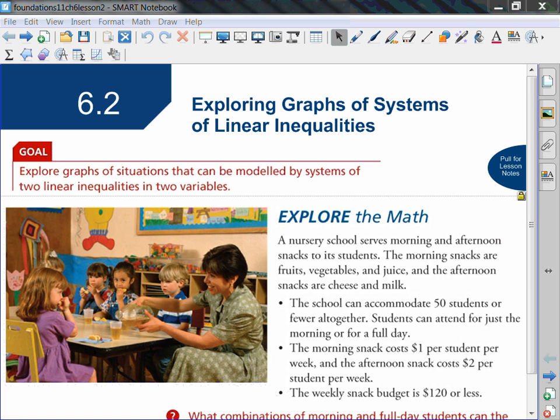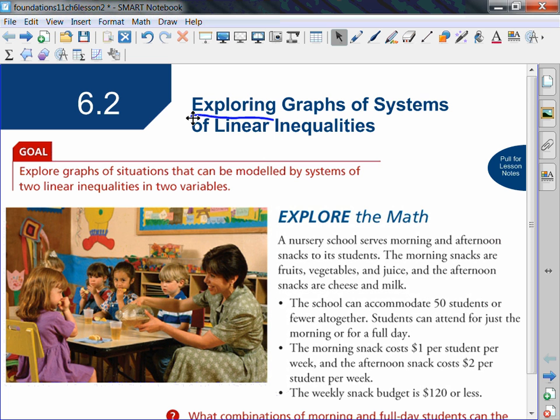Today we're going to look at section 6.2, which is exploring graphs of systems of linear inequalities. Our favorite word is exploring. Hopefully by now you know what that means. You're going to be doing a lot of the work on your own without too much guidance. So we're looking at systems of linear inequalities. The goal is to explore graphs of situations that can be modeled by systems of two linear inequalities in two